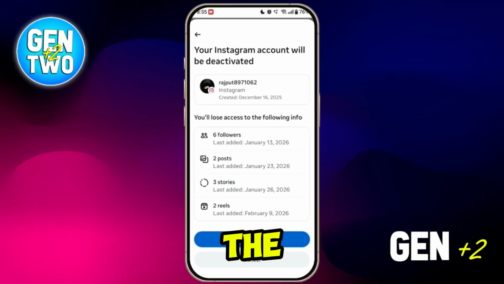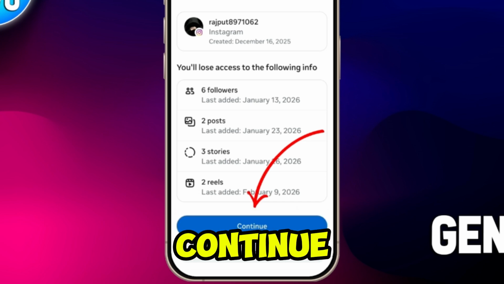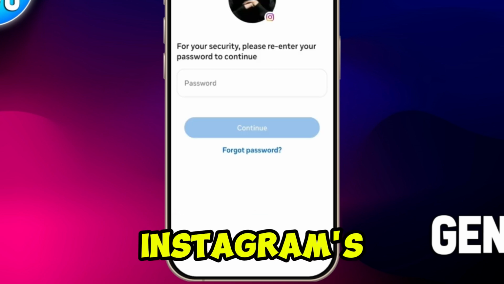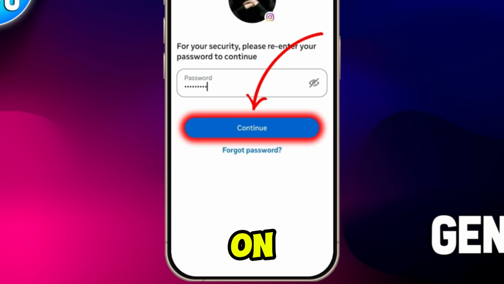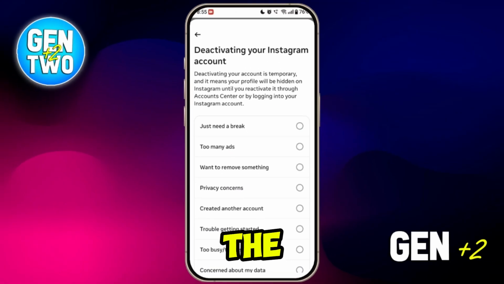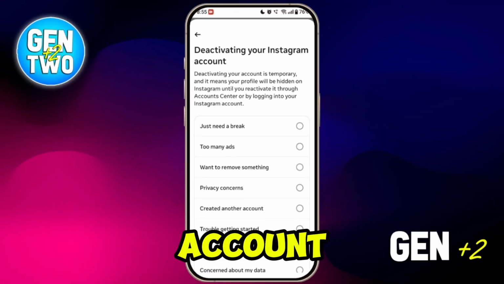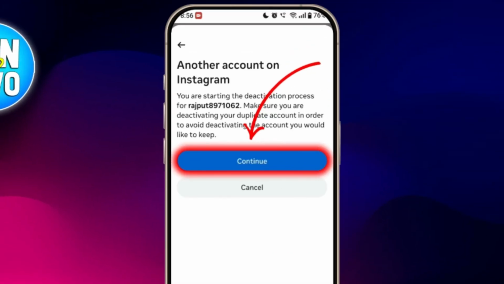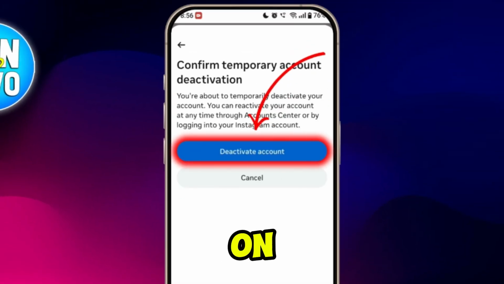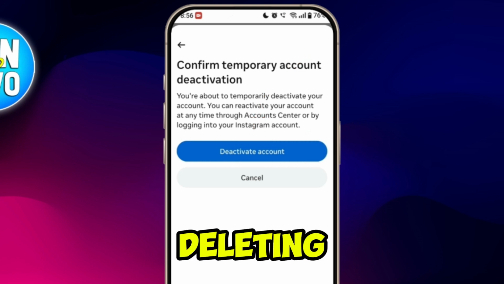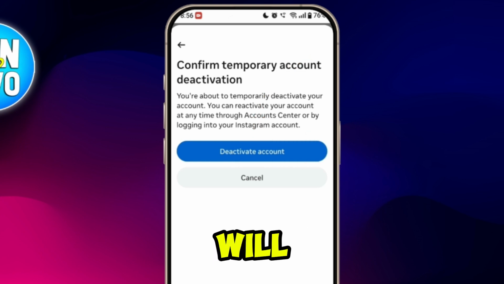Next steps will be the same for deletion or deactivation of the account. Now click on Continue, and here you have to enter your Instagram account password, then click on Continue. Now select any reason for deactivation or deletion of your account, then click on Continue and then again click on Continue. Now click on Deactivate Account, and if you are deleting your account, then Delete Account will appear here and